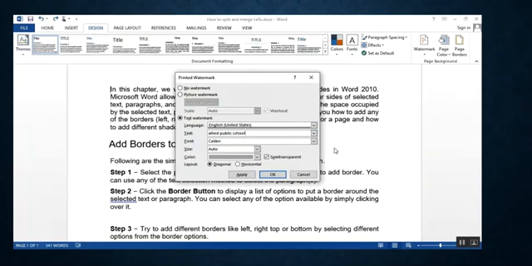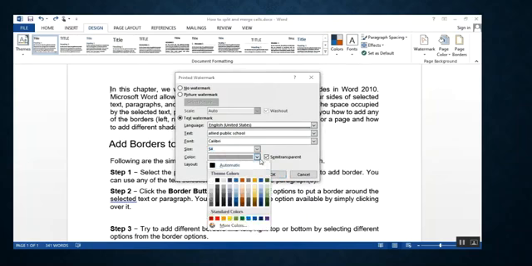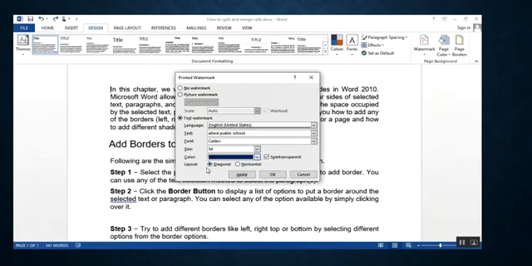You can change the font of this text also, size, it's up to you which size you want, color, layout, whether you want it diagonal or horizontal.